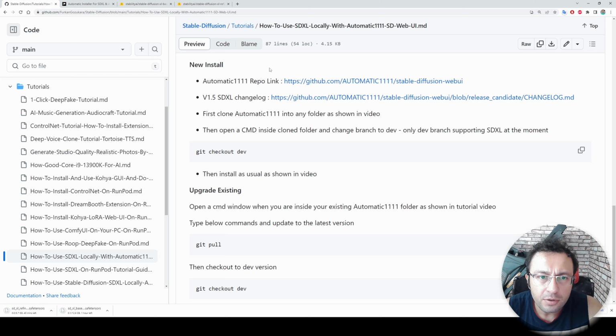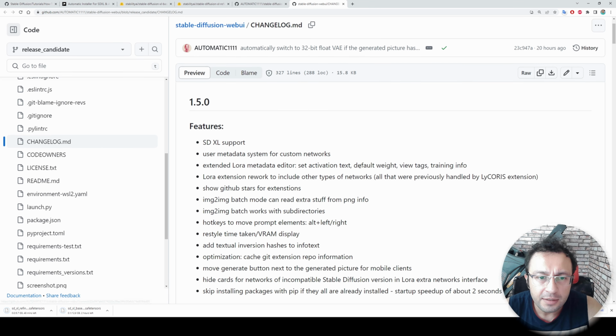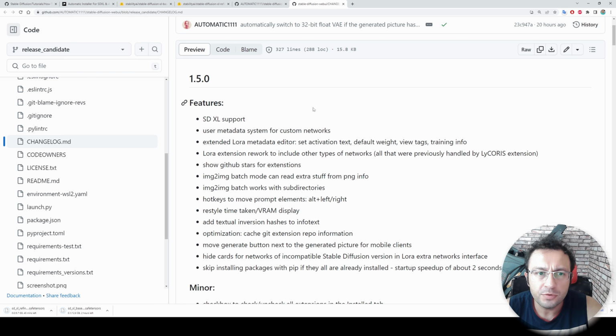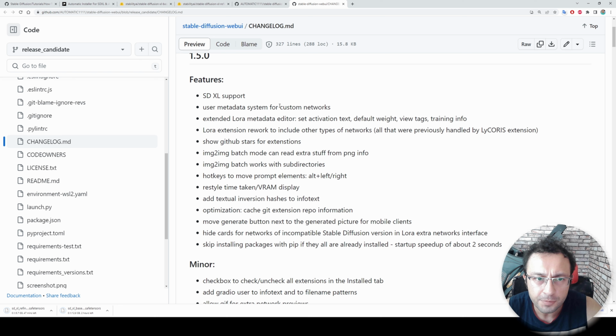Then we will clone the Automatic 1111 Web UI. This is its link, and there is the 1.5 version SDXL changelog. There are some major improvements coming with the 1.5 version of Automatic 1111 Web UI. It is starting to support SDXL, and the best new feature is the LoRA extension rework to include other types of networks.